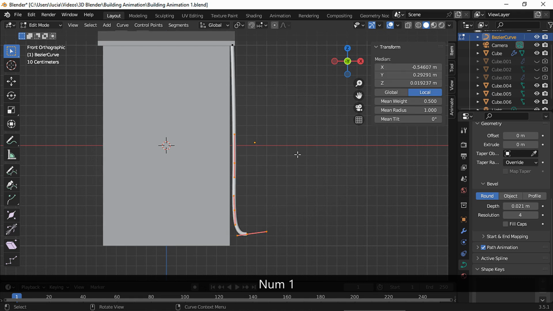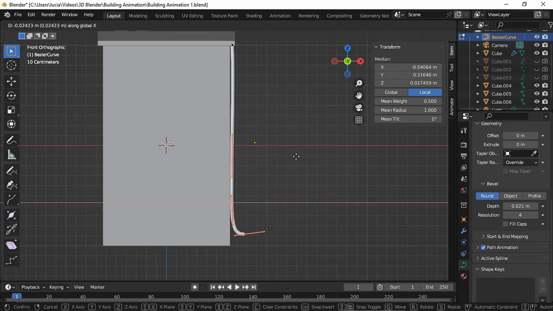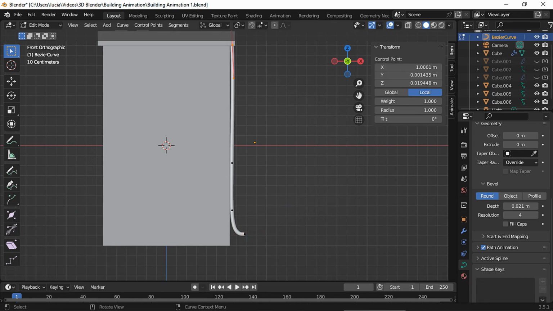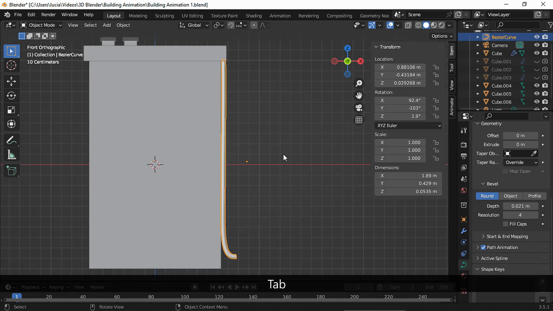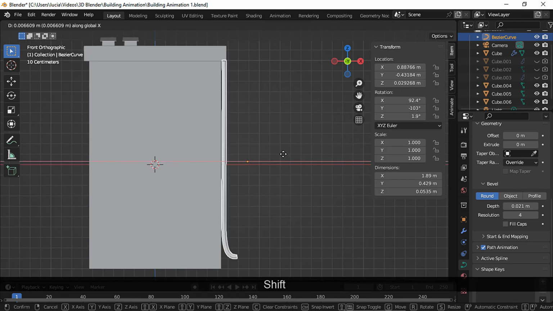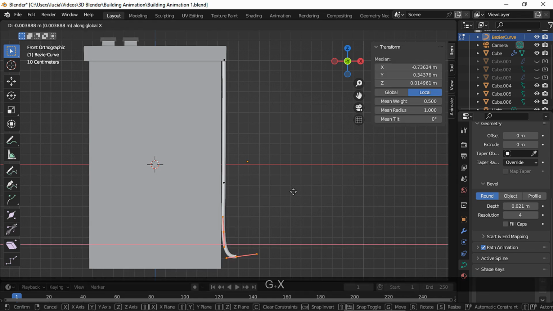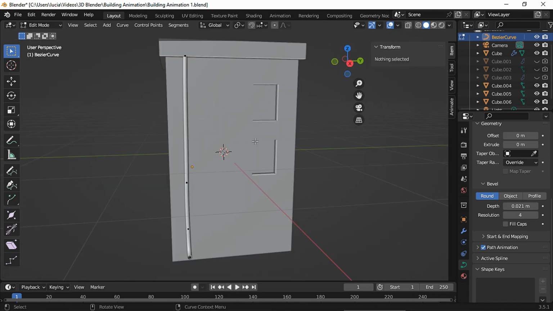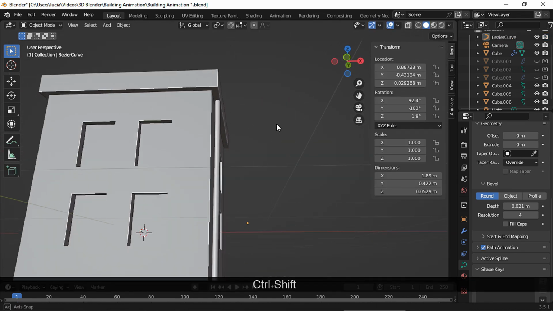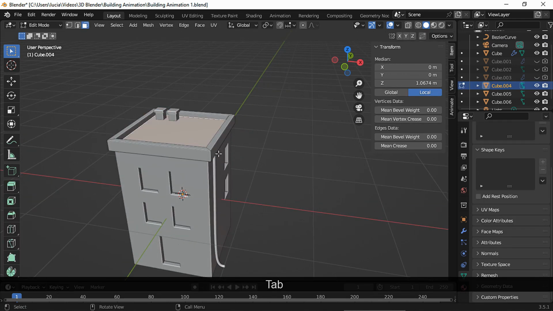Make sure the pipe is close to the wall. And back to object mode, let's move the entire curve a bit more. One last touch up in edit mode. And since the pipe is too thick for the roof, select this loop of faces and scale it up a bit.